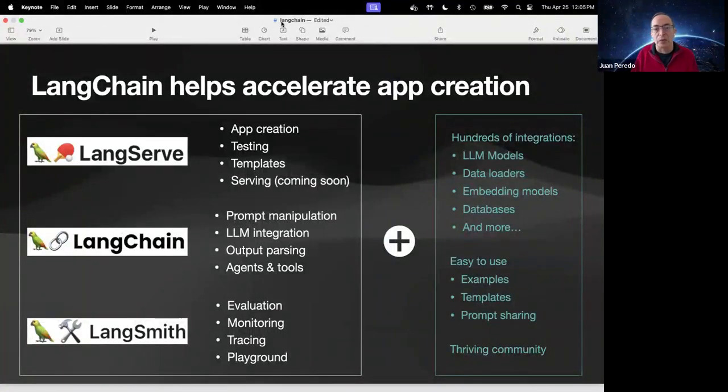And I see there's a couple of questions. Will we get access to the recordings for this session? I do believe so, and I will put that. Cool. The question is, is it like no code, low code, but for AI? It does reduce the amount of code that you need to write, but it's not a no-code solution. And I will show you in a second what it looks like.